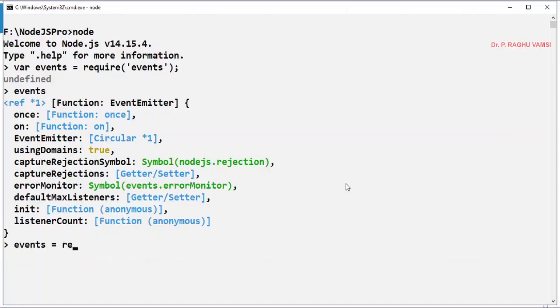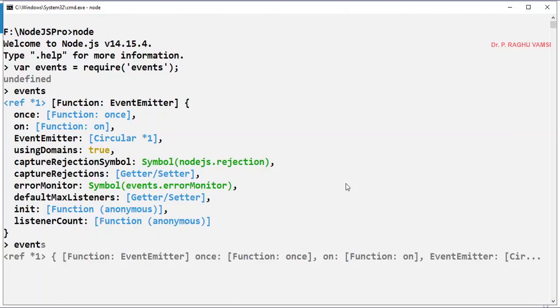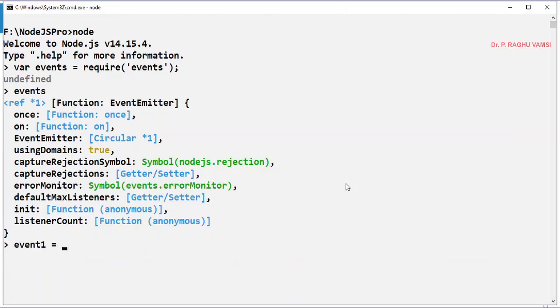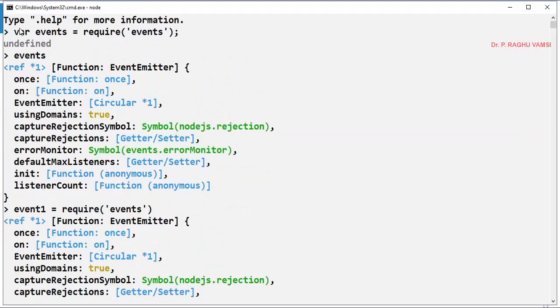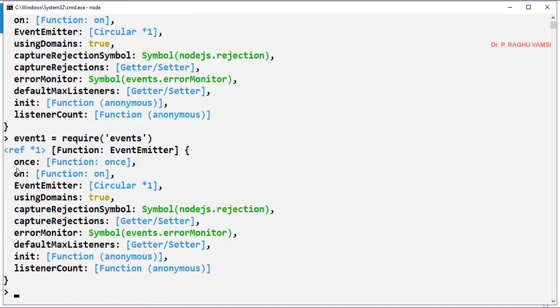Anyhow, events was created. Now events1 = require('events'). Since I have not used var here, whereas previously var was used, it will automatically be printed onto the console.